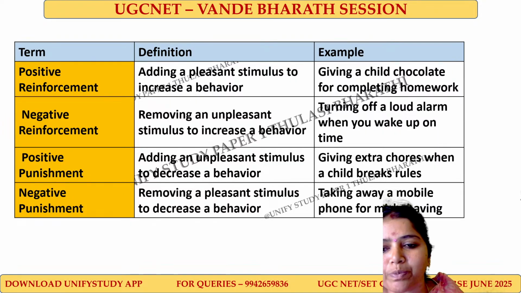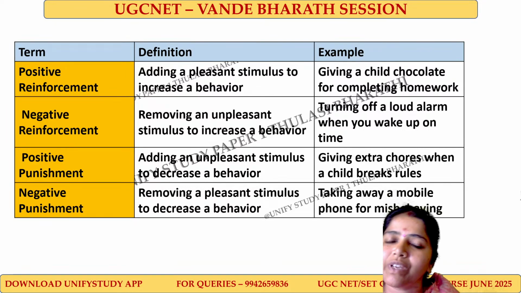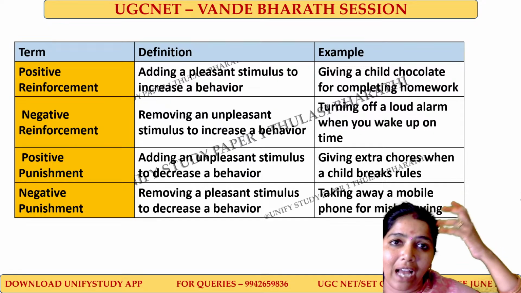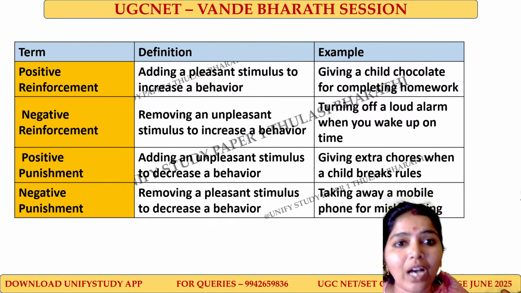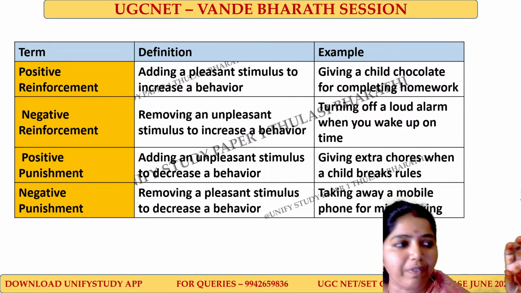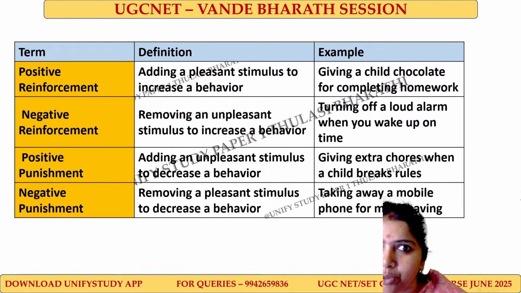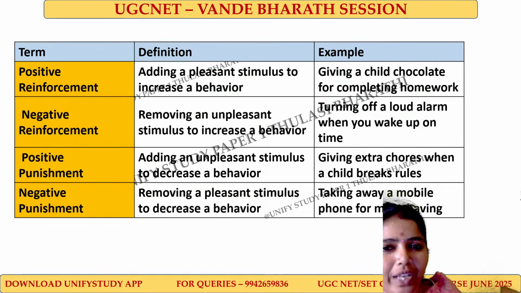And positive punishment means what? Whenever a child does some mistake, what we will do? We give punishment. So what happens next time? The student will not do that mistake, so that he will understand, if we do this mistake, punishment will be given. So here the positive punishment is, the child will learn not to repeat it again. So adding an unpleasant stimulus, giving punishment as an unpleasant stimulus, so that the behavior will be decreased, not doing it again. Then negative punishment means what?